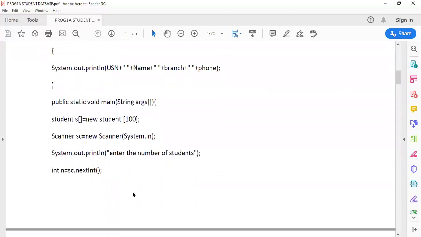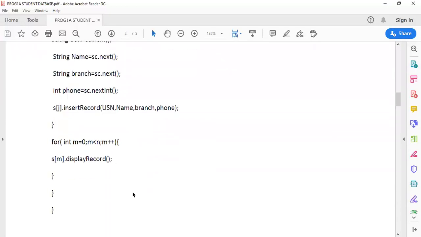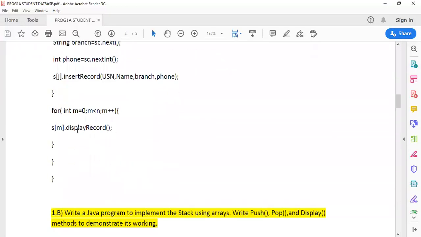Next, we call the display record. Since display record is also a member function of the class student, we use an object to call it. The display record is put in a for loop, because if there are 2 students, this display record will be executed twice.